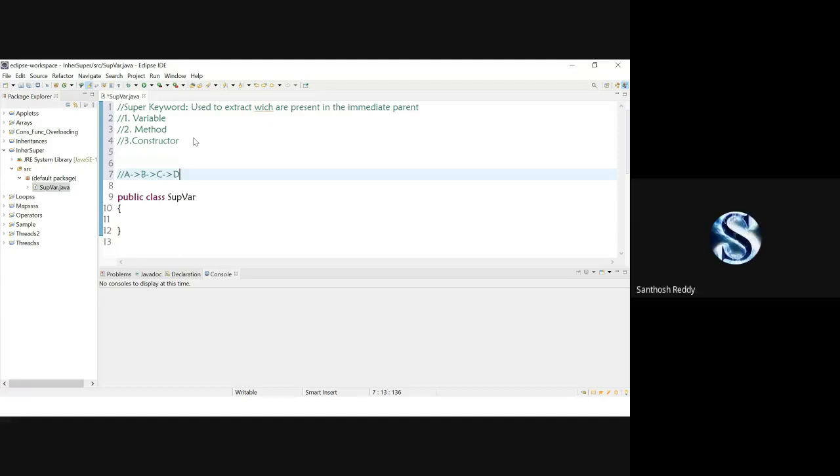B, sir. It is clearly mentioned that the super keyword extracts the immediate parent. So when I specify super, it extracts class B's methods and variables. If I declare the super keyword in D, which class's variables am I going to extract with the super keyword?